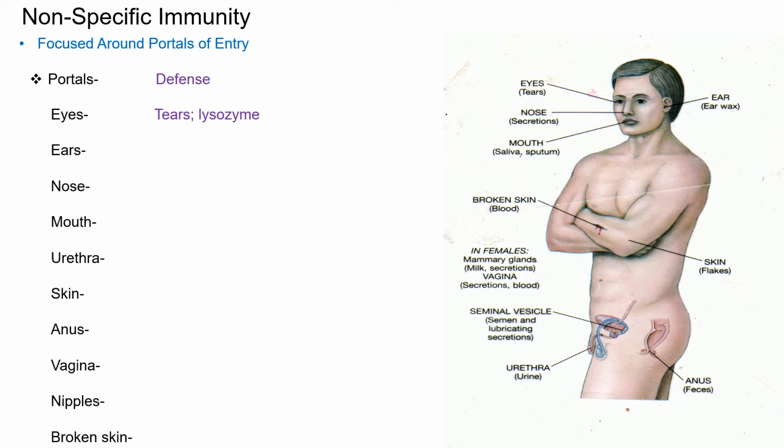So eyes contain tears. Now, let's go back to innate immunity. Innate means something controlled by your DNA. DNA is the code for protein. Well, tears are not protein. Tears are liquids. They contain salts, and as you see here, sometimes proteins, but that means it's not really controlled by your DNA. It is something you're born with, but it's not really innate in that it's coded for in your DNA. It happens as we develop, and we're going to see the same thing applying to the other defenses. So that's why, to me, the better definition is not innate, but nonspecific. It doesn't matter what the infectious agent is. Tears are going to try to flush them out in the same manner.